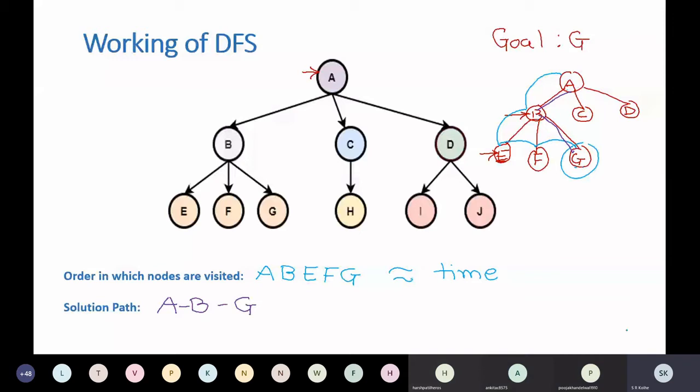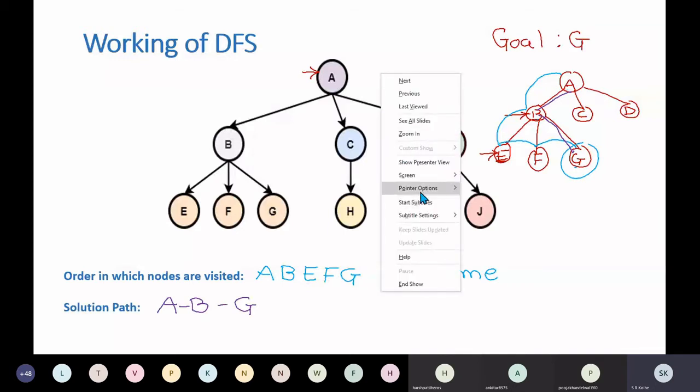If an algorithm requires more nodes to visit before reaching the goal, it will take more time. So the time complexity of this algorithm, in this situation particularly, will depend on how many nodes you visit, or the order in which you are going to visit the nodes. Specifically, how many nodes you will have to visit to reach the goal. Similarly, that will be associated with space complexity also, because during this execution you will have to find out how much memory space the algorithm will take. We'll come to that.